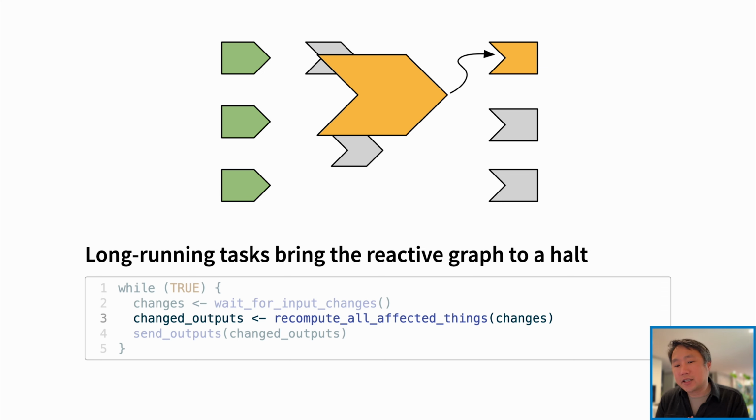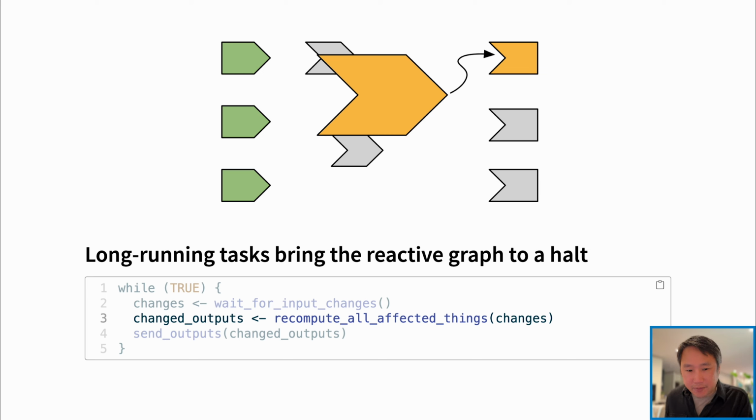That code executing and taking a super long time is going to block this part of the reactive tick. It's going to block the recomputation, meaning we can't get to the part of the reactive tick where we wait for more input changes or we send outputs. We are stuck in the center of this reactive tick.